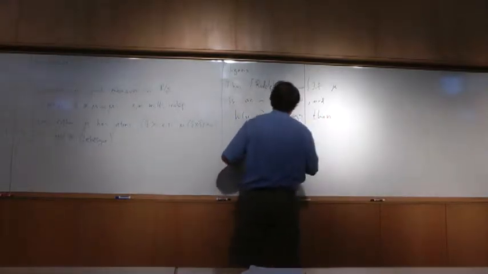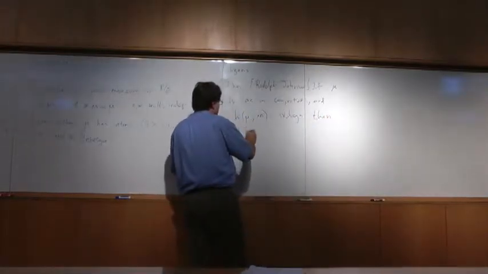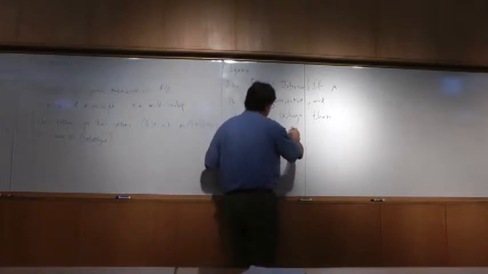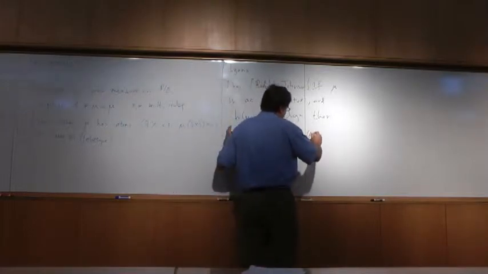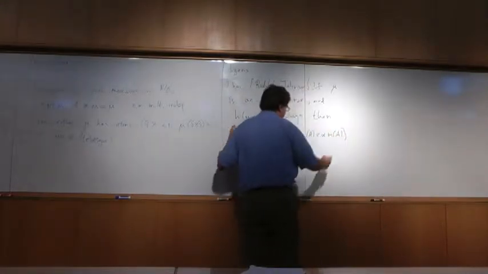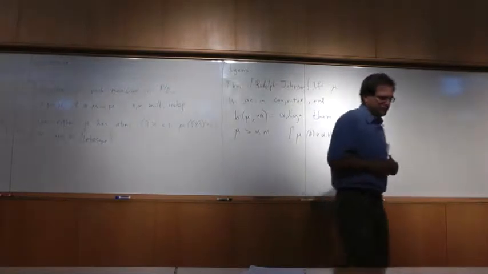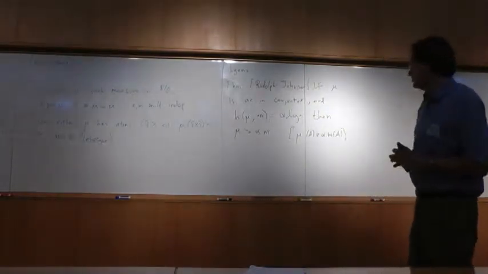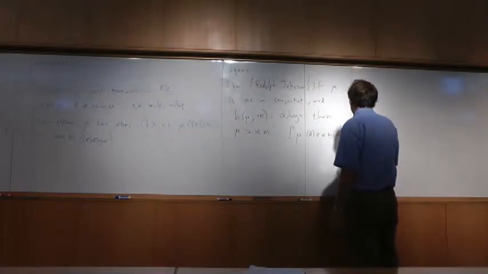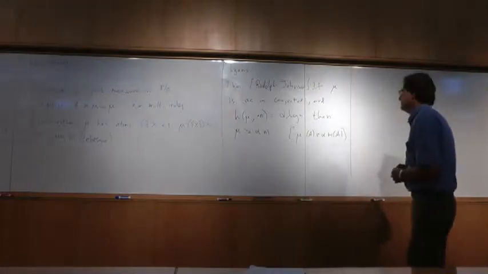Then mu dominates alpha times the Lebesgue measure. This means that mu of any set A is at least alpha times the Lebesgue measure of the set A. This is not the usual way of stating the theorem, though it's equivalent to it quite easily. Equivalent formulation,